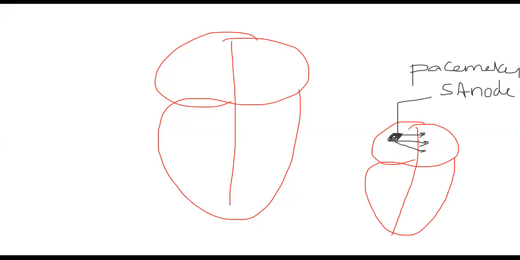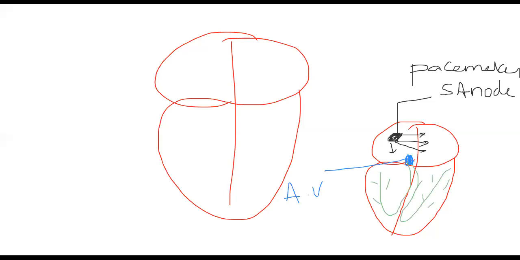It creates electrical impulses all over the heart. Then the same electrical impulses are received by the atrioventricular node, the AV node, and from the AV node, the bundle of His and Purkinje fibers. No need to say all this because we already learned these concepts. So just for information, we are going with it.